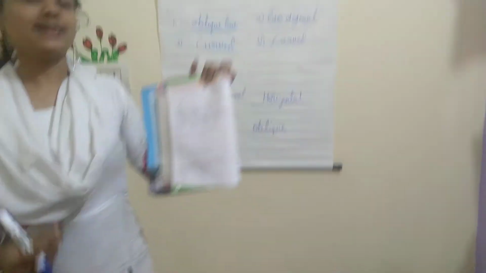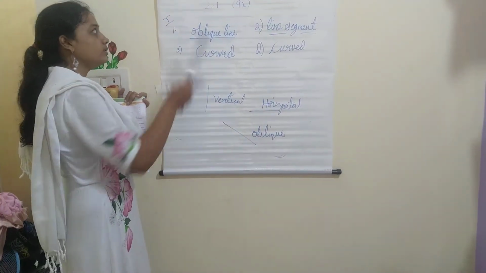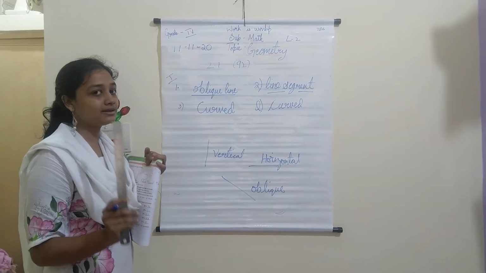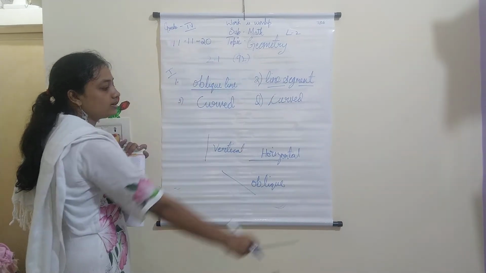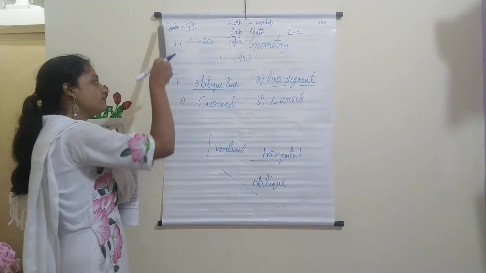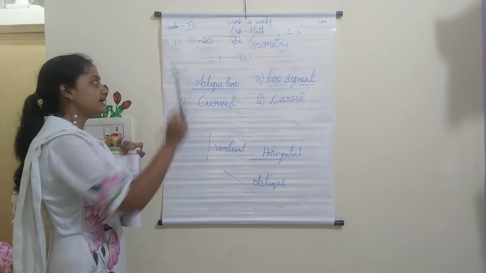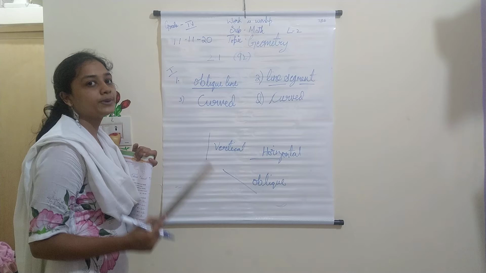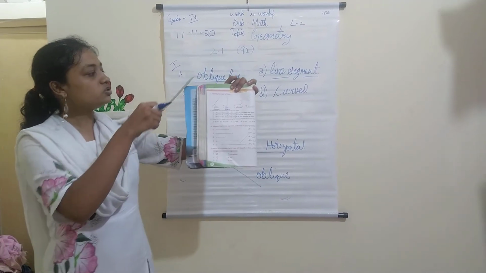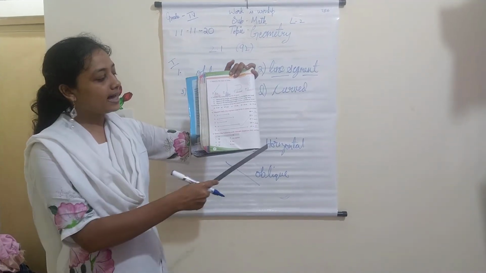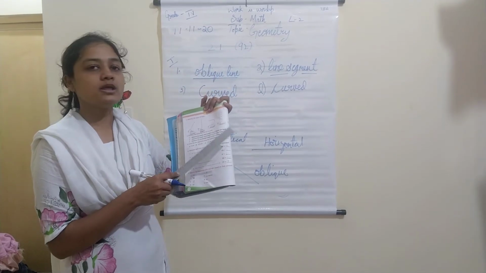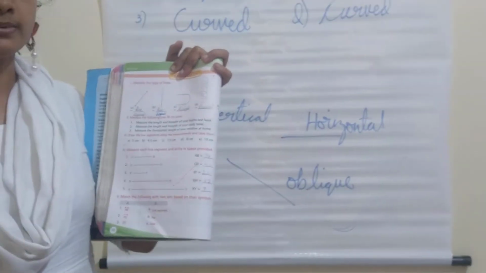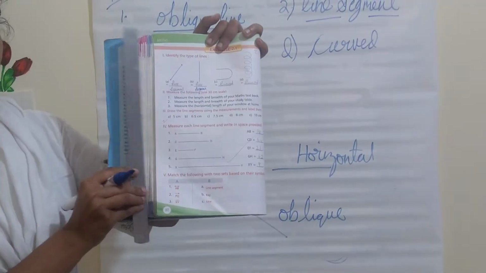I can say what is length. Children, length and breadth always come in a rectangle shape. You can see a board is a rectangle. Whichever side is bigger, that is called my length, and the shorter one is called my breadth. So in the textbook, you should measure the length and the breadth and write it in your textbooks. I want you to write the answers here. You have to keep your scale and measure them.